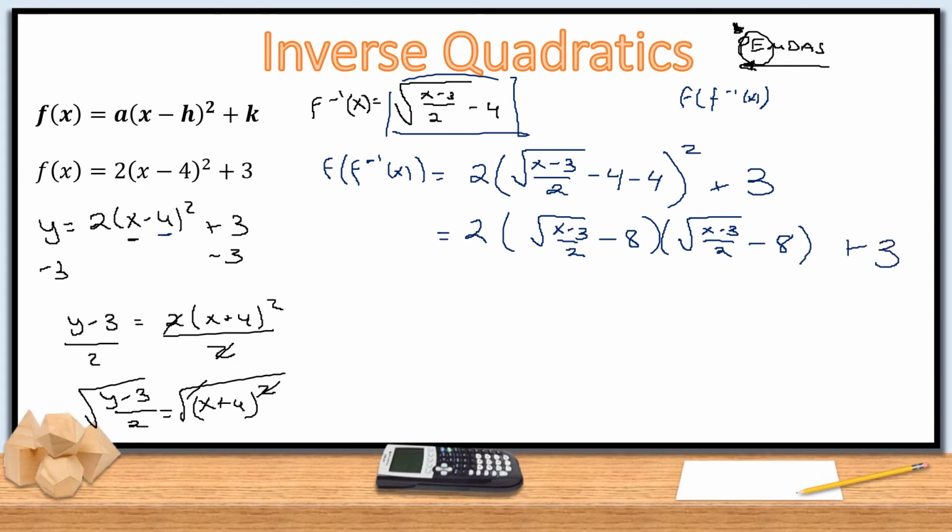So a lot of work to do here. All right, so we've got the square roots times the square root. They'll cancel because the square root squared. So it's going to be 2 times (x minus 3) all over 2. Then we've got minus 8